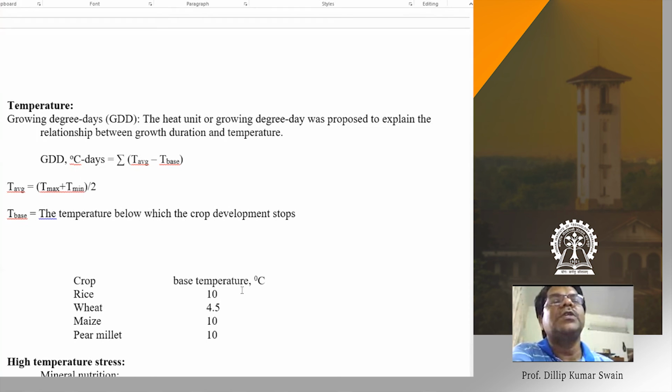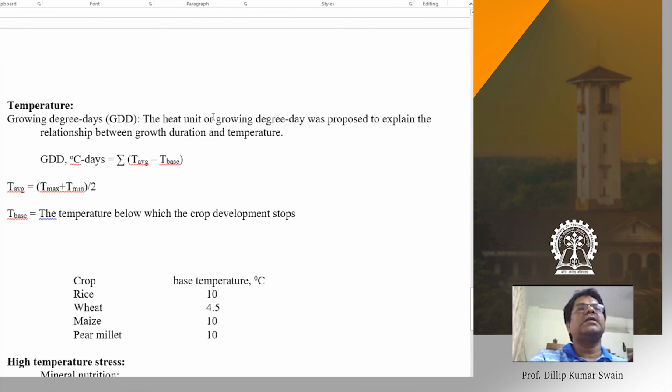Temperature is used to predict the growth duration. As I have shown, there are different growth rates for different durations, so it is essential to predict the growth duration for particular phases, and for those phases the growth rate remains almost constant. The duration of particular phases and the transition from one phase to another is mediated by temperature. Temperature plays a great role in knowing the duration of a particular crop, so you calculate growing degree days, in degree Celsius days.